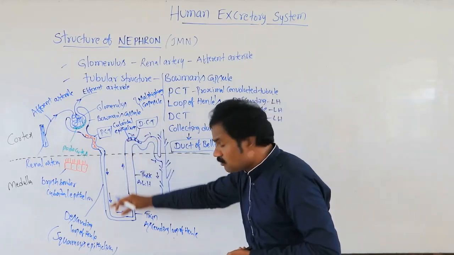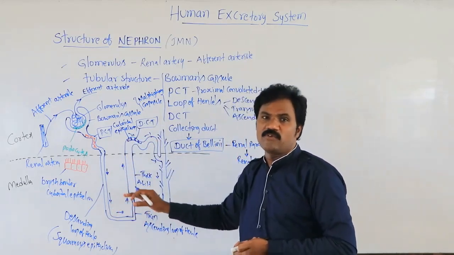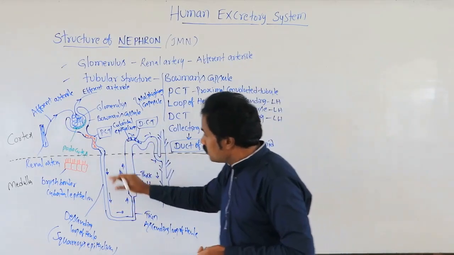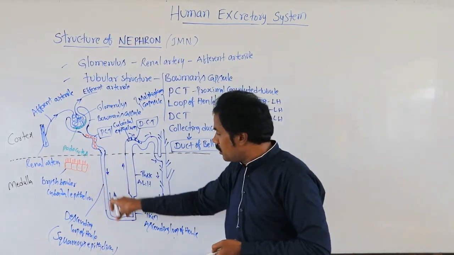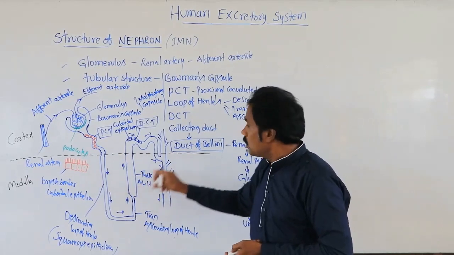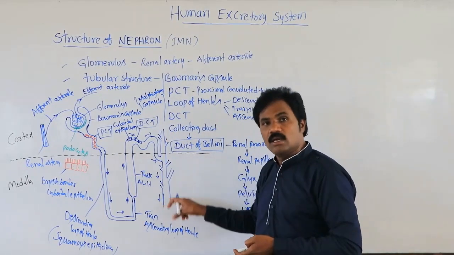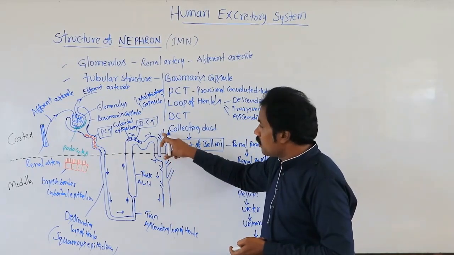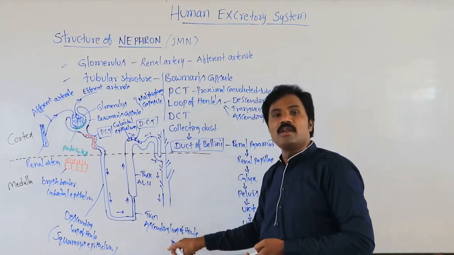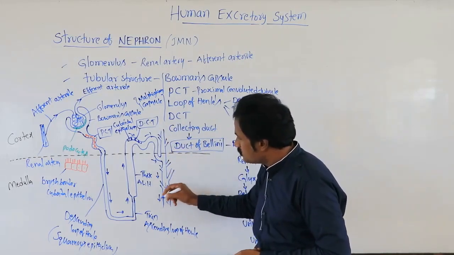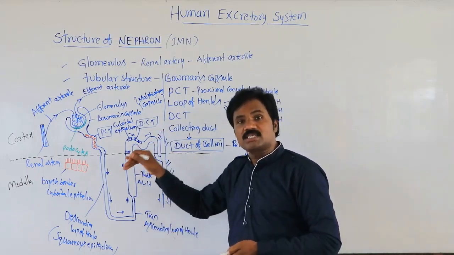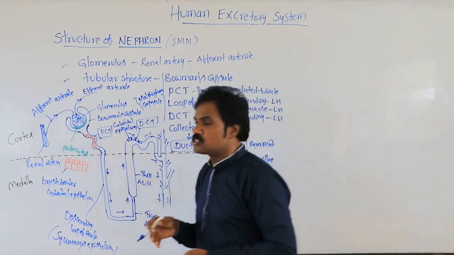So maximum it will be present, that is the juxtamedullary nephrons. Then what is the main difference between juxtamedullary and cortical? The maximum loop of Henle is present. Then what about collecting ducts? The collecting duct begins from the cortex and goes towards the medullary region. It flows in this direction. The direction of the flow is also most important.